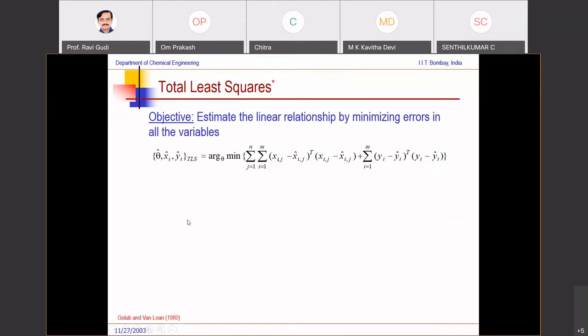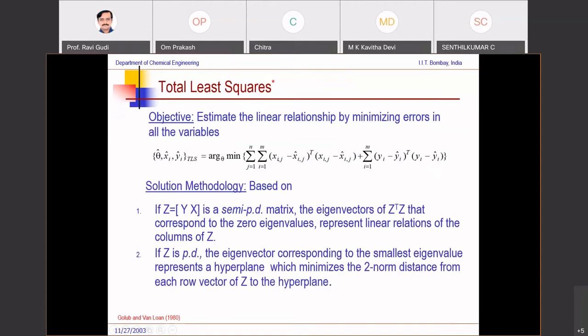Okay? And so what is the standard approach to solve this problem is now we look at the problem that we saw earlier as treating Y and X separately. Now what we want to do is we want to combine Y and X, assuming that they are linearly related. We combine them, meaning that we create a new matrix Z, which is Y and X.